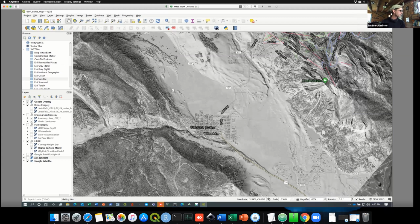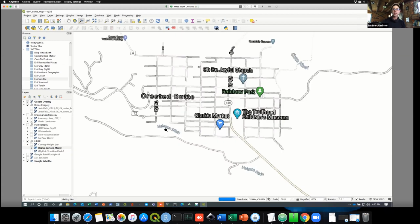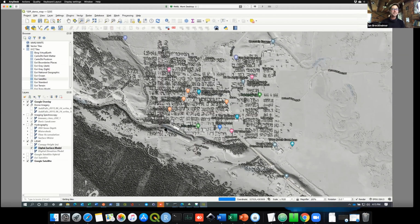So I'm going to zoom in here on Crested Butte, Colorado. And what is shown on this map is what's called a hillshade. That's a way of showing topography that imagines the shadows from the sun coming from a particular direction. In this case, I think it's a southwesterly direction. So this is like what the shadows would look like in the late afternoon in the springtime. And what you can see here are actually all the buildings in Crested